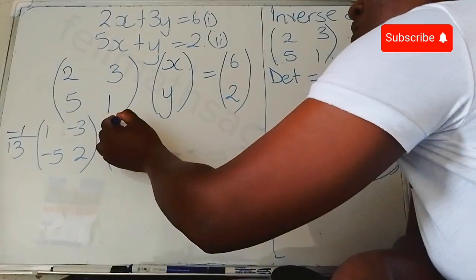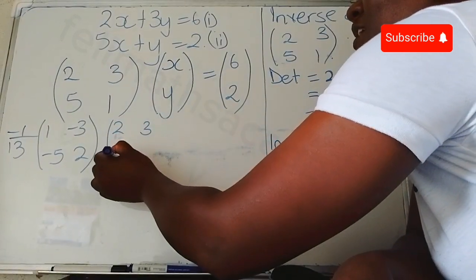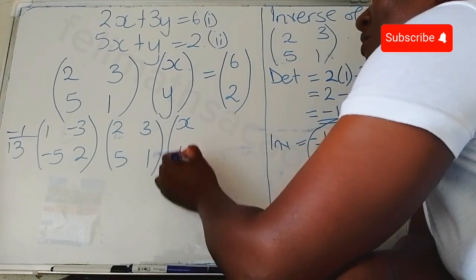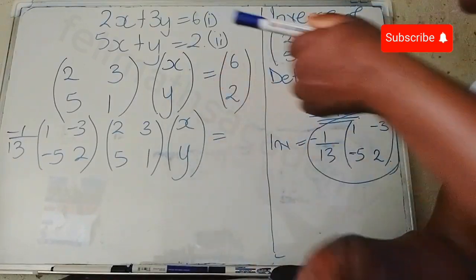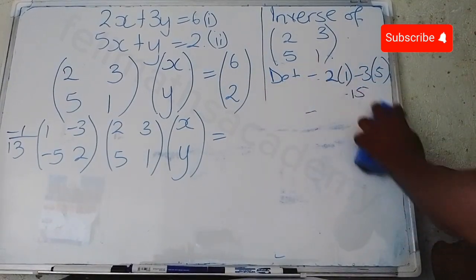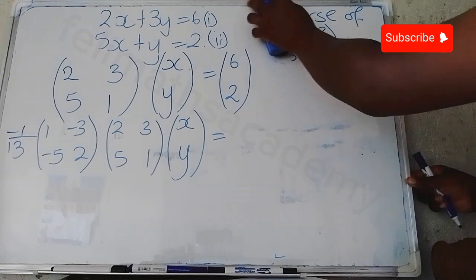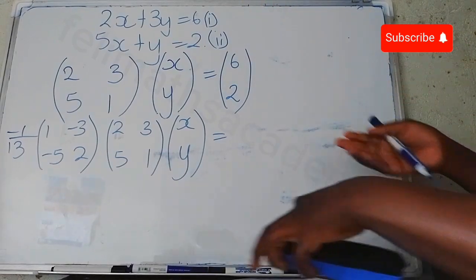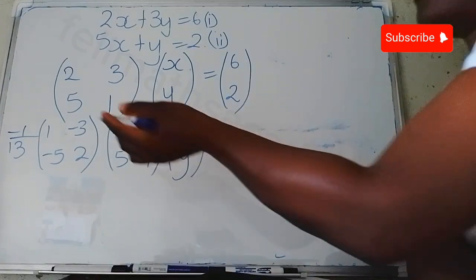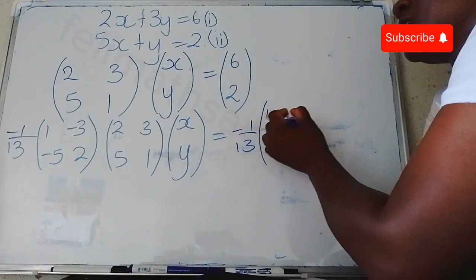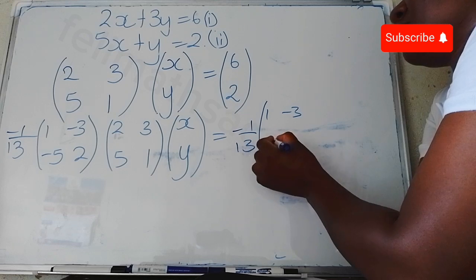Then 2, 3, 5, 1 times x, y is equal to. Remember, I said we are pre-multiplying by the inverse on both sides. So on the other side we have multiplied by the inverse. Now we are pre-multiplying by that same inverse, minus 1 over 13 times 1, negative 3, negative 5, 2